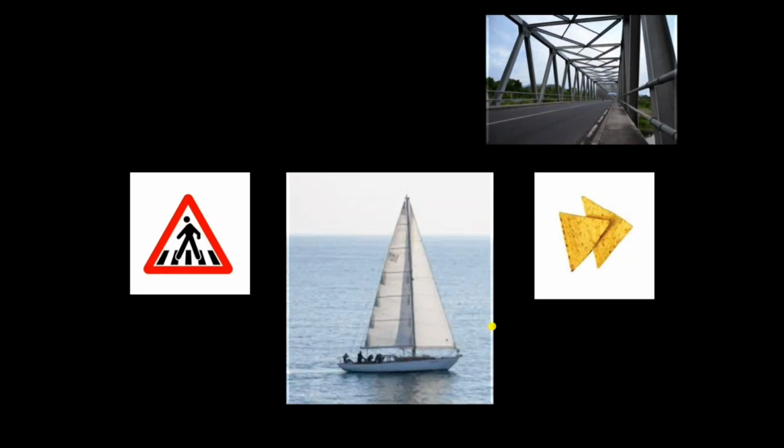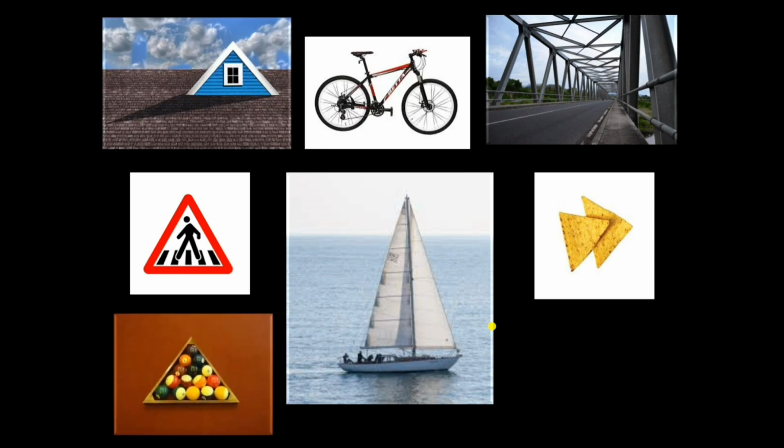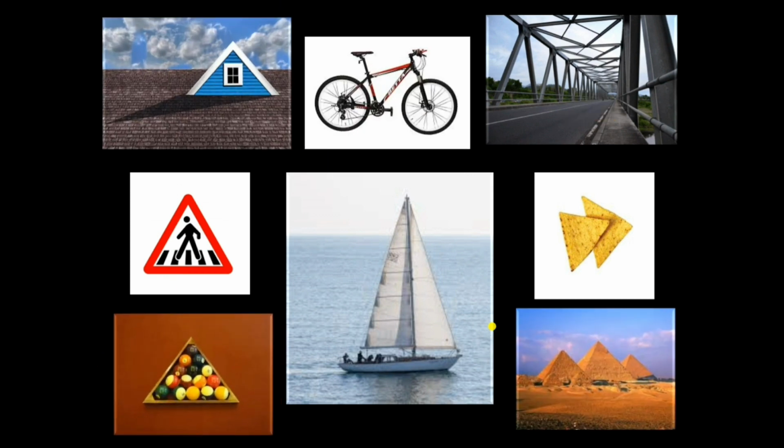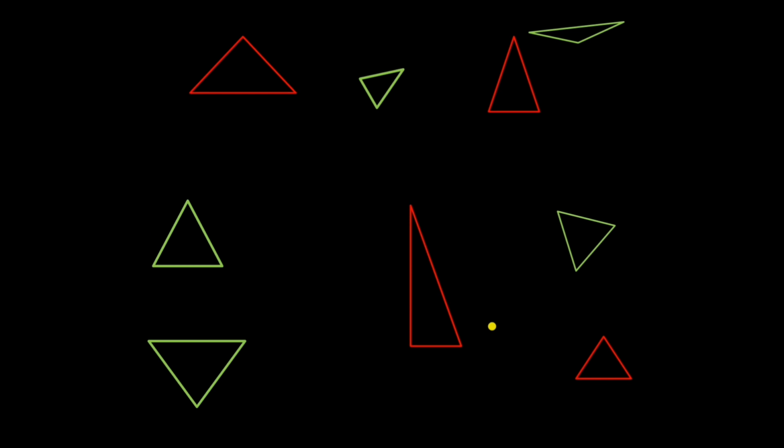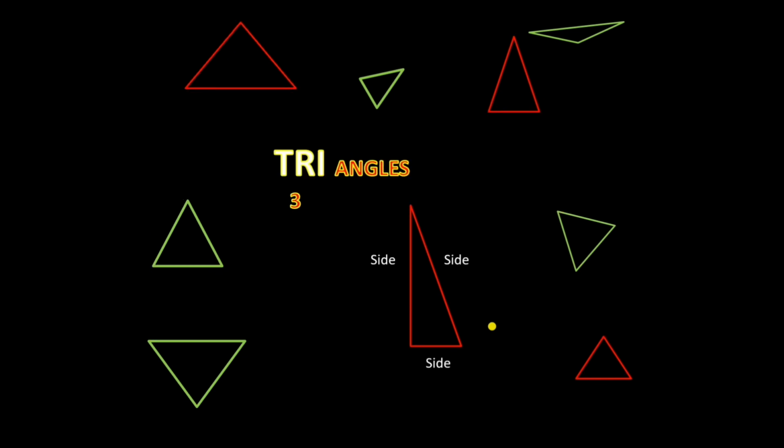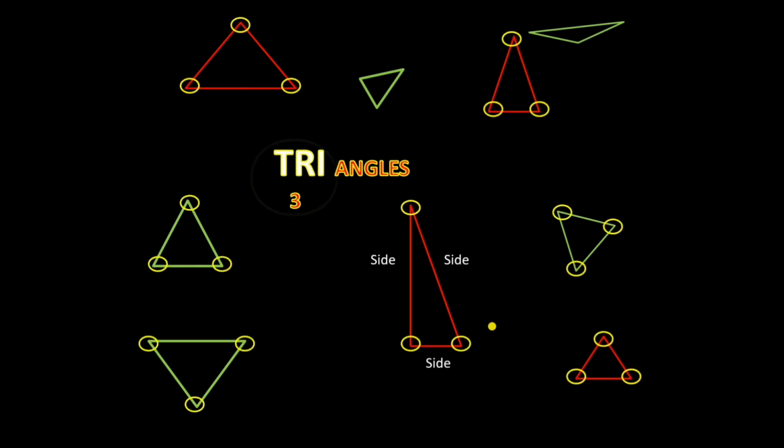You can notice in the surroundings that there is one shape which is majorly used by architects and engineers and most commonly seen in different structures like rooftops, bridges, etc. That shape is the triangle. If you split the name triangle, tri means 3 and angles means corners made by two sides.